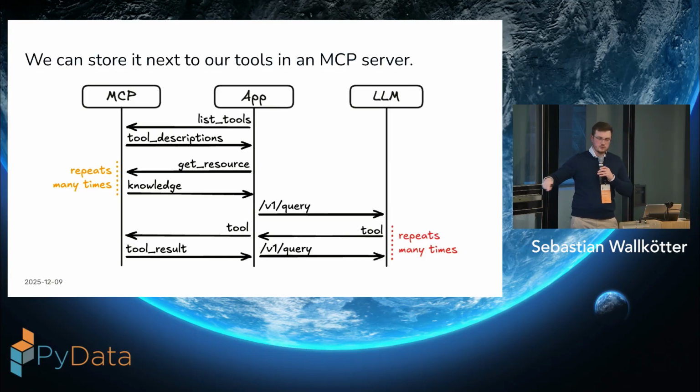And the way this process works is, once you get the request and your app starts working, it first sends a list tools request to the MCP, gets all the tools that are available or relevant, and then it sends a get resource request for one or all the parts of the prompt, gets all of these back, builds the prompt, and then continues exactly in the same fashion as we've discussed during the first part. And that is one way of managing your prompt, which is nice because, as I said before, your